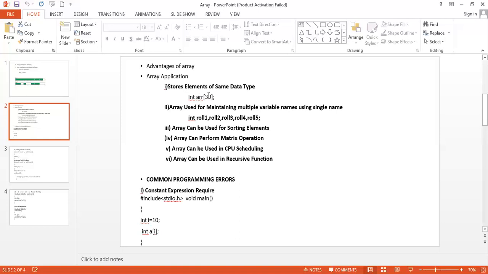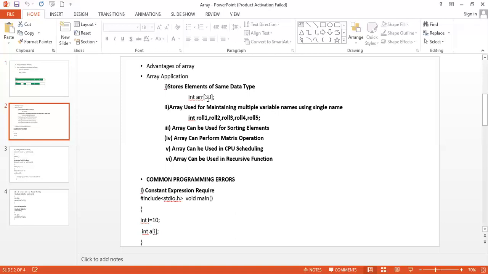The array is used to store integer numbers. For example, we can store arr[0], arr[1], up to arr[29], so 30 elements can be stored in the array. This is a size of 30, so we can store arr[0] to arr[29]. Similarly, if we declare a character array, then it can hold only characters. In short, a character array can store character variables, while a floating array stores only floating numbers.